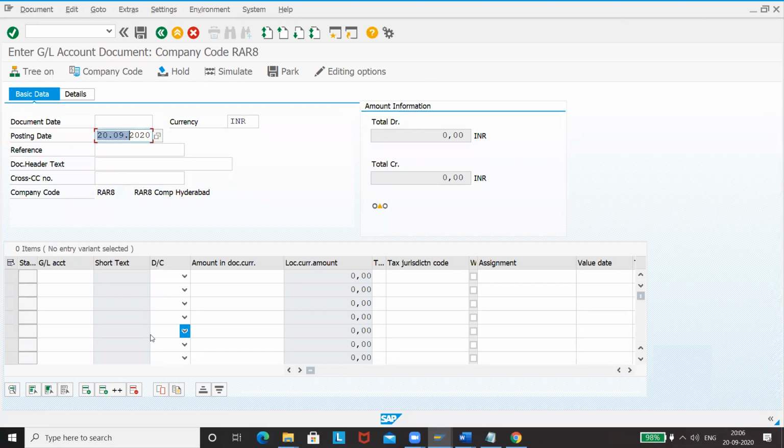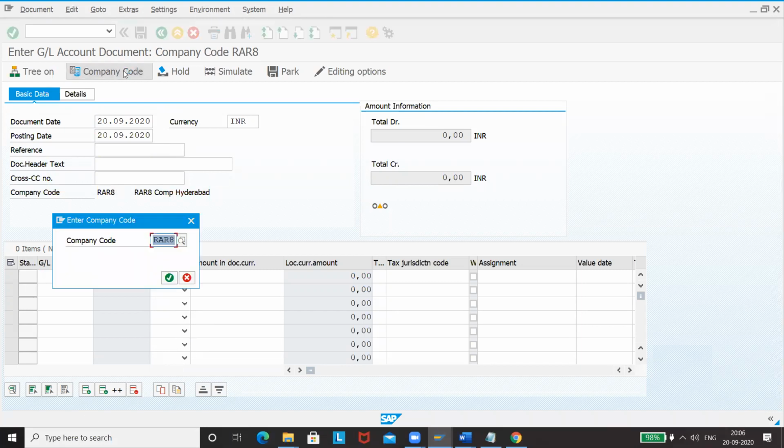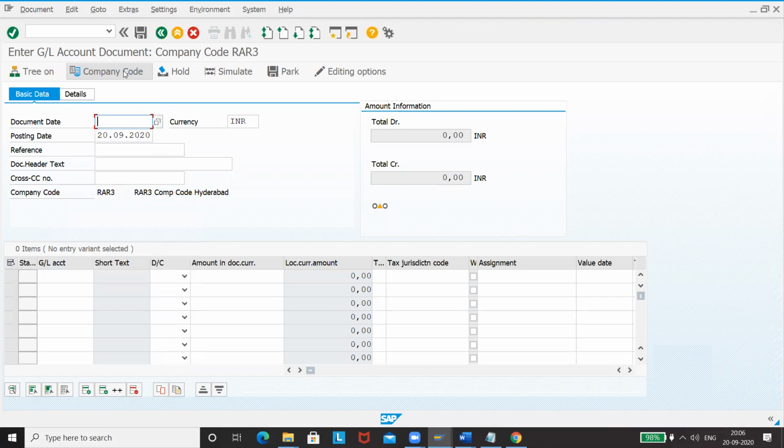Now give the document date, the GL account. Initially, we'll see first. This is for ARIA. This is not our company code. We have to change our company code. So change company code. This is ARIA 3, which is now changed. Give date, GL accounts.